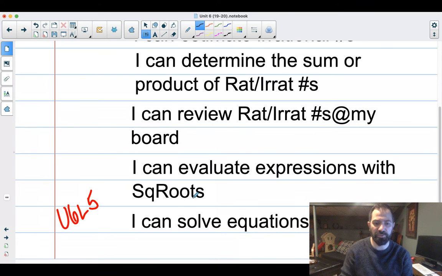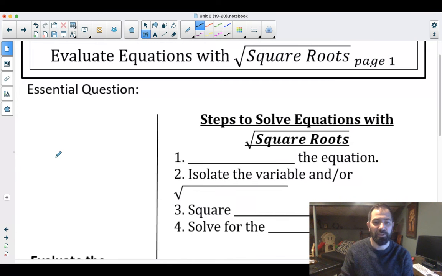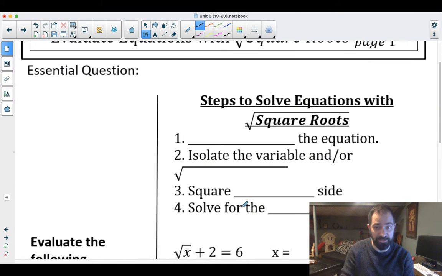We are going to continue with Unit 6. We're going to do Unit 6, Lesson 5, which is I can solve equations with square roots. Let's get into that. First thing we want to do is figure out our steps to solve